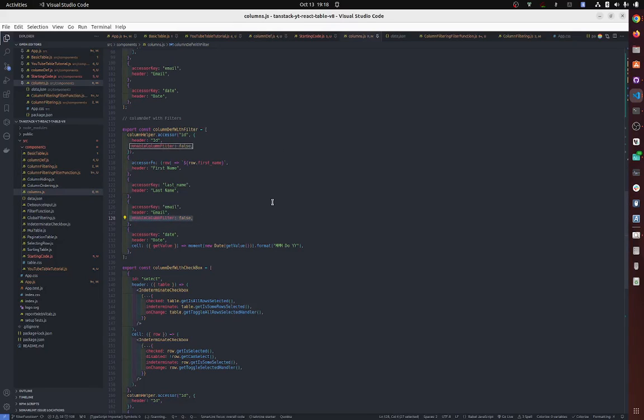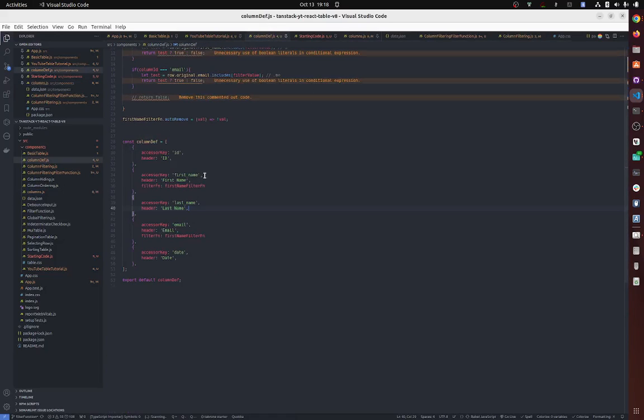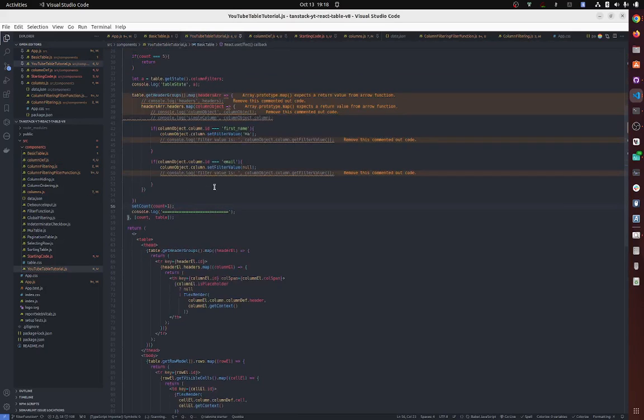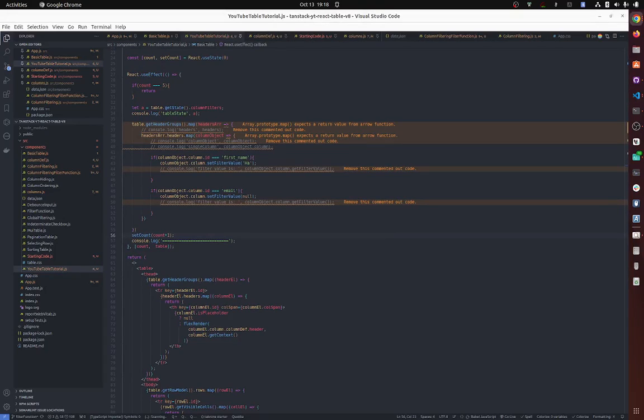So how can you only get... well, let me just remove one column definition, and let's say date cannot be filtered. Okay, so how can we get only